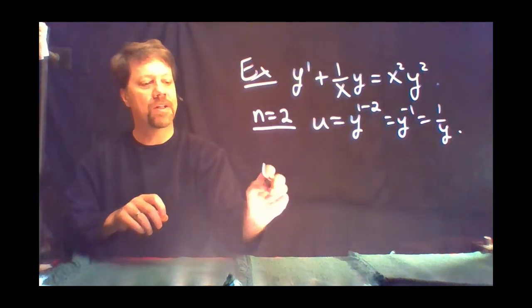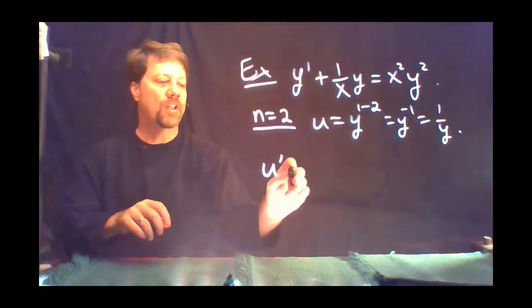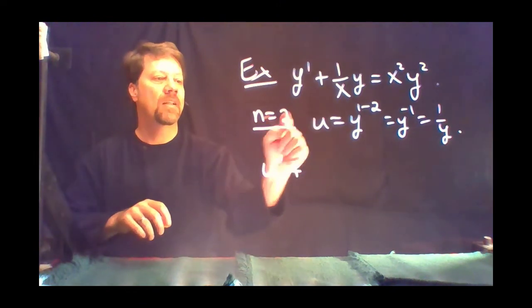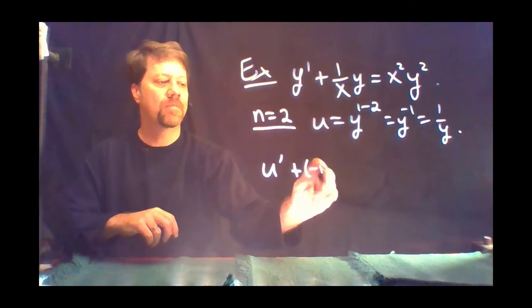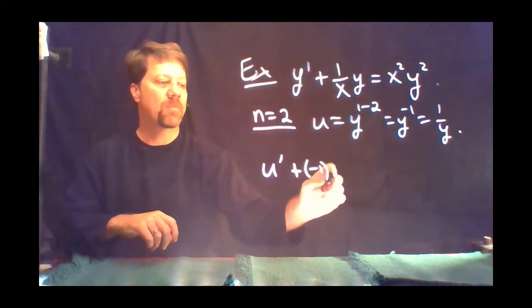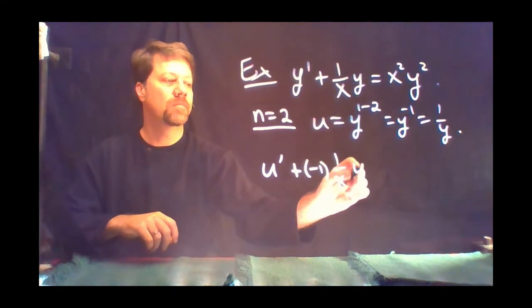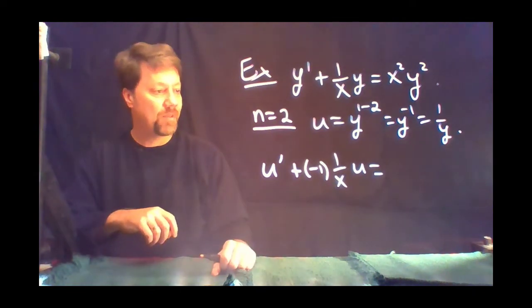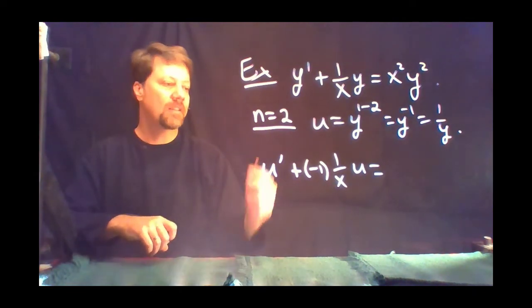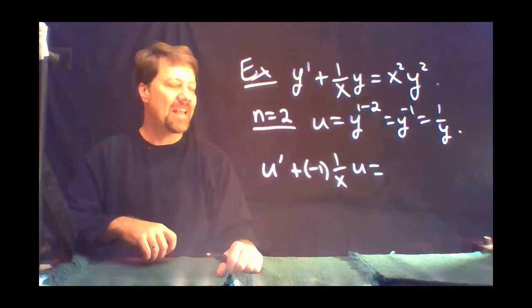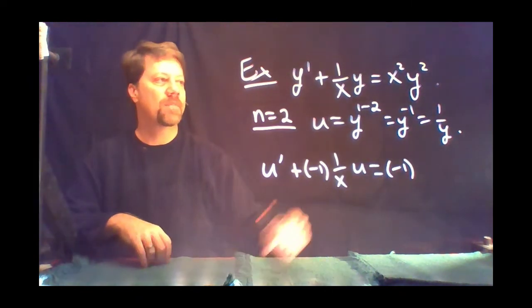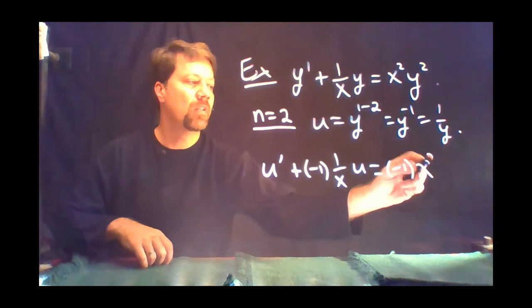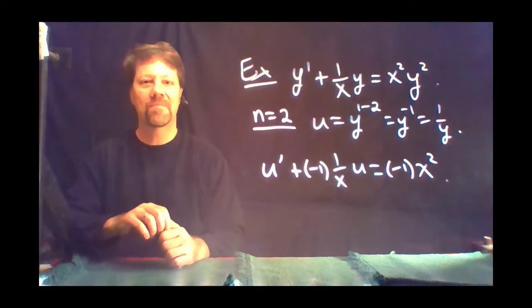The differential equation is transformed into u prime plus 1 minus n, in this case negative 1, times p, times 1 over x times u, and that equals 1 minus n times the old q, which is x squared,